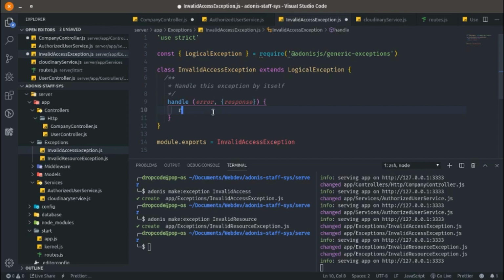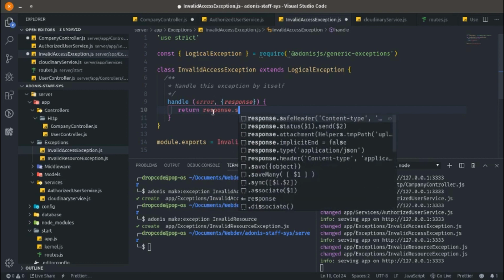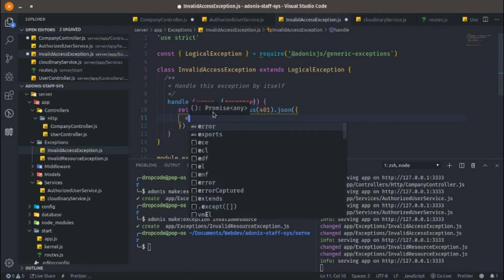So inside here you say return response.status, let's use a 401 status, then .json. It's going to hold an object of error,